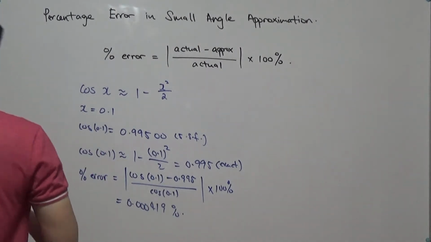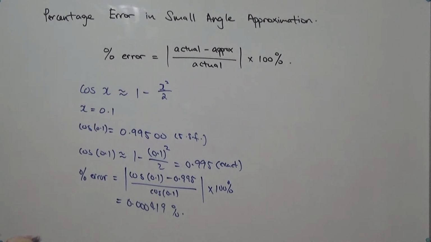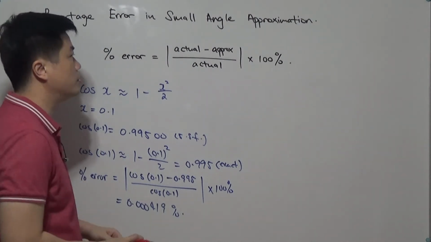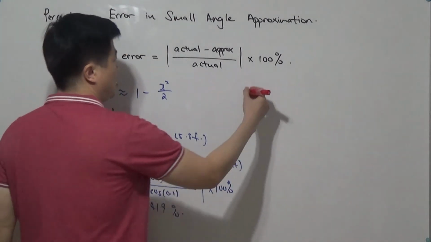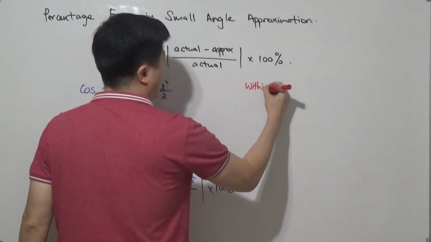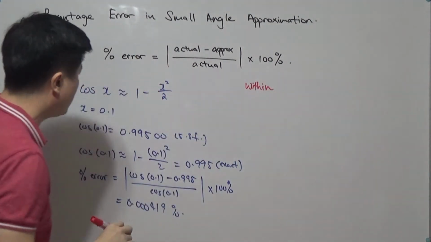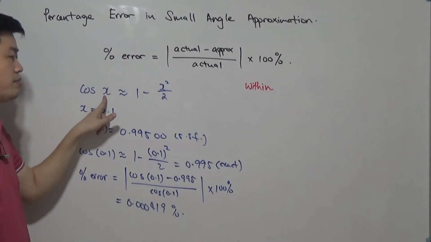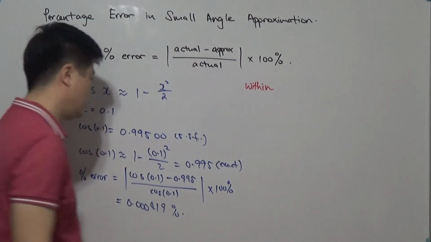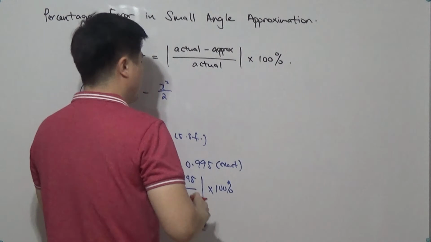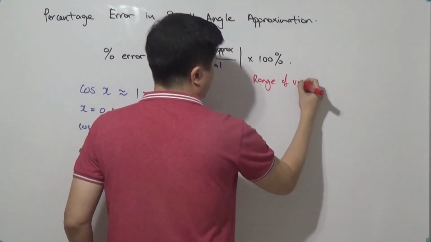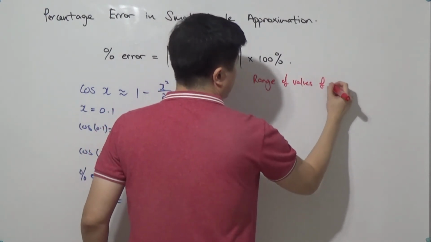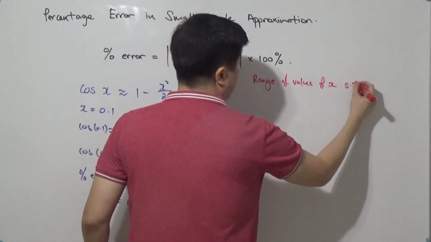Now, we're going to take a look at another example. Sometimes they might ask you to figure out this percentage error. The question will ask in such a way: what is the range of values of x? So let's write that down for reference. What is the range of values of x such that